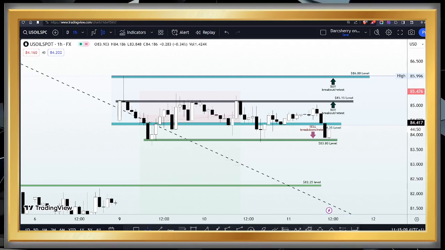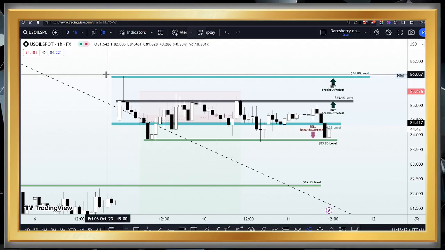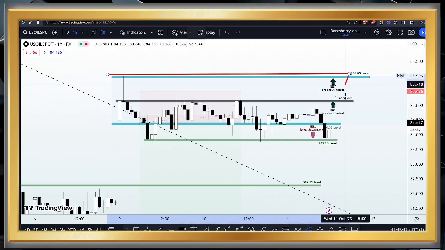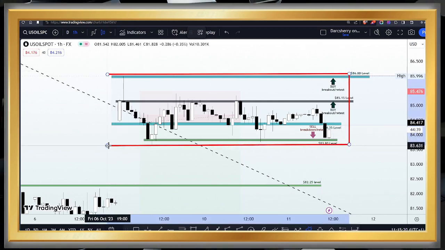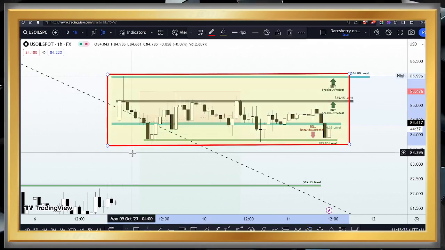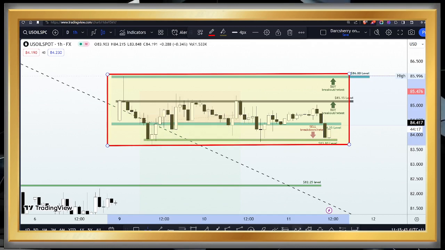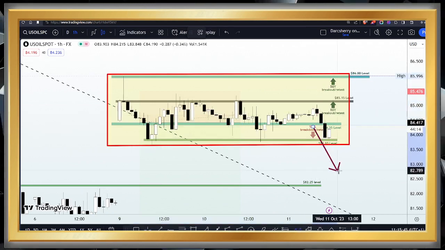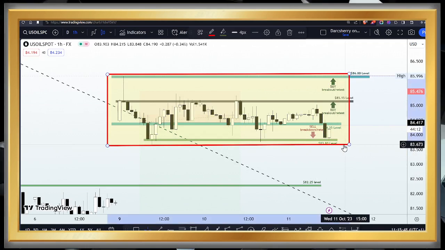As you will see, price action has consistently kept trading within a range between the $86 level and the $83.80 area since the beginning of the week, to emphasize the level of indecision in this market. And of course, when we have this kind of flat channel which emphasizes the uncertainty in the market, we have no other choice than to exercise patience and wait for either a breakout of the resistance line or a breakdown of the support line for trading opportunities.